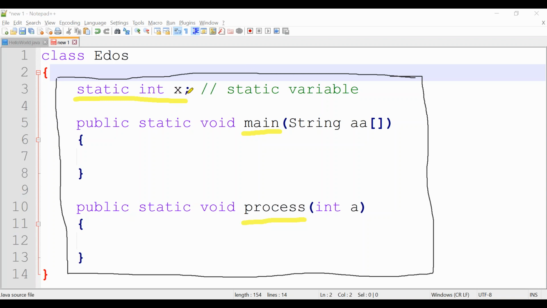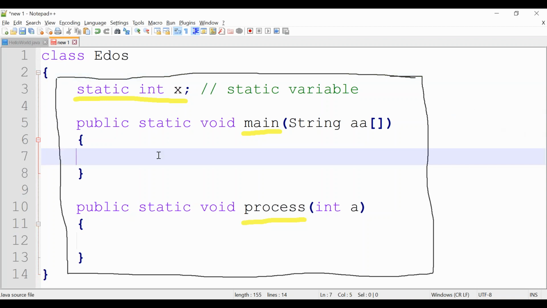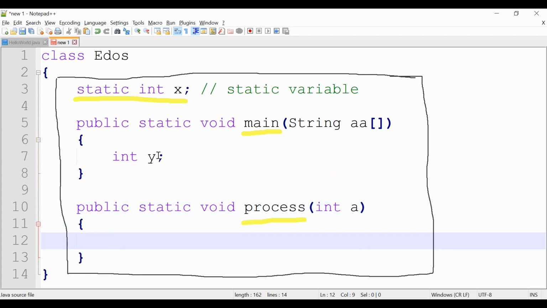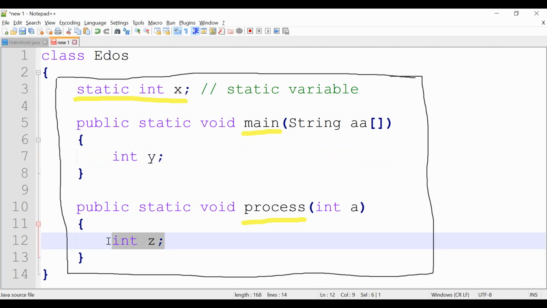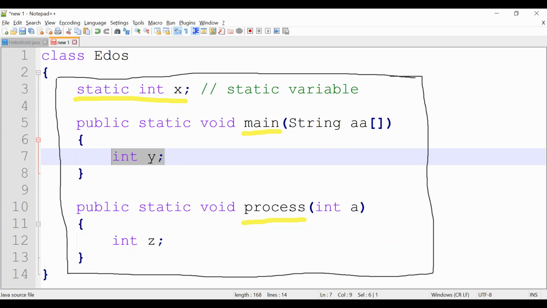What about local variables? If I declare a local variable here, consider int y. This is called a local variable, right? Consider here I declare one more variable called z. This is also called a local variable. Why? Because z and y both are declared inside a method. Y is declared inside the main method.